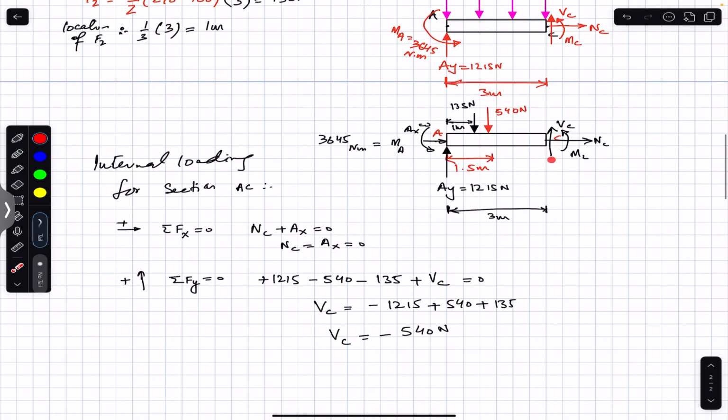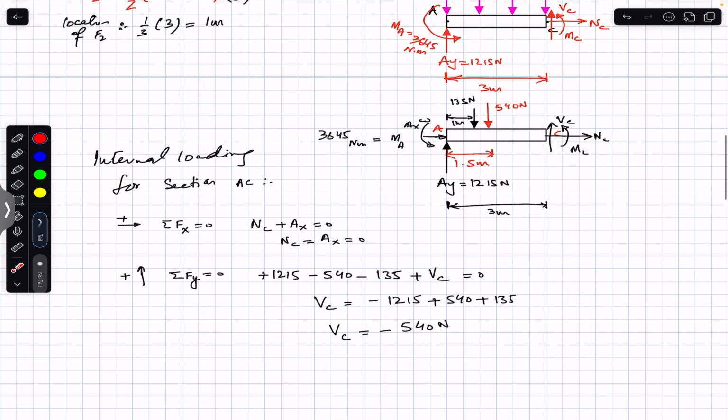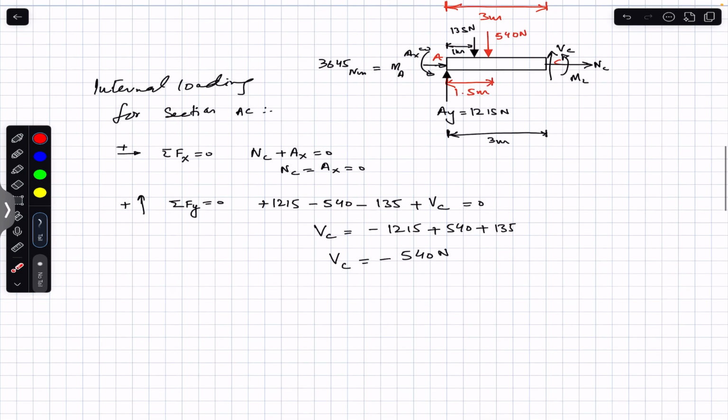So on this side, Vc is acting in the downward direction, right? So Vc is 540 Newton, and actually it is acting in the downward direction. Similarly, if we apply the sum of the moment at A, that must be equal to 0, and counterclockwise moment is considered to be positive. So now we can say that MA is plus,